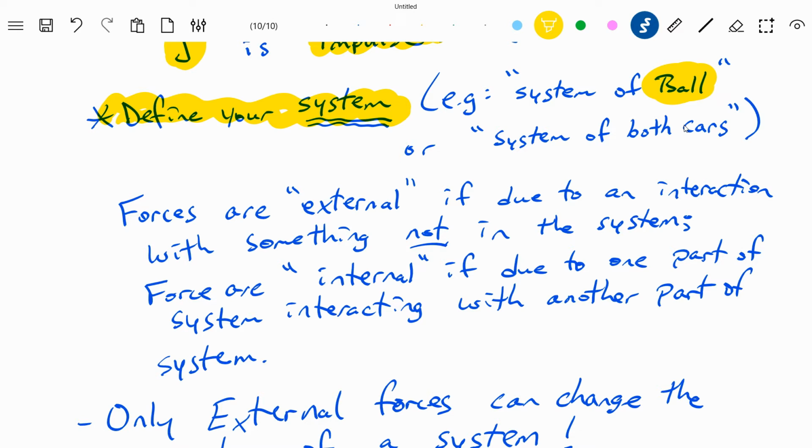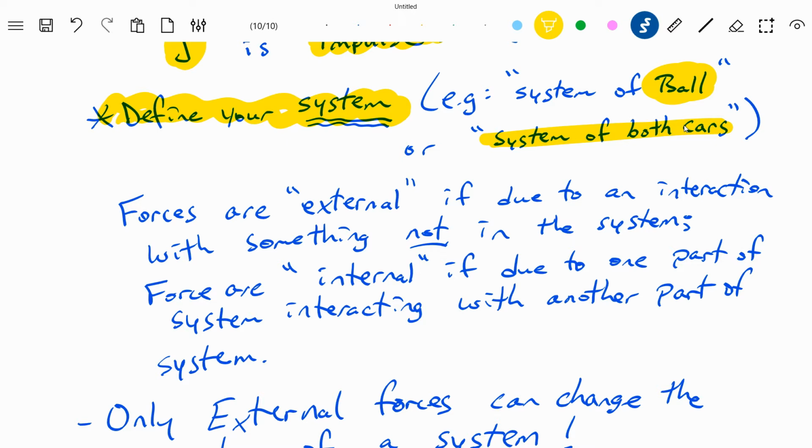As another example, maybe there are two cars that have a collision. So I might declare that I'm going to consider the system of both cars. Notice that I might not include in that system planet Earth or the road or anything like that. I just might say the two cars and nothing but the two cars. All right, so the reason that this system thing is such a big deal is because it